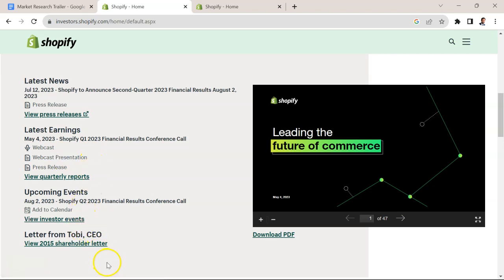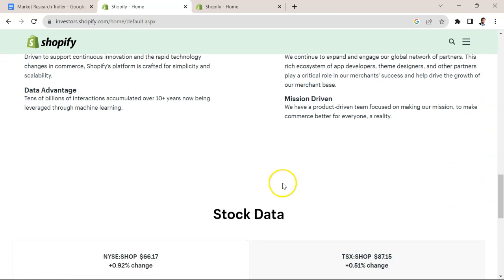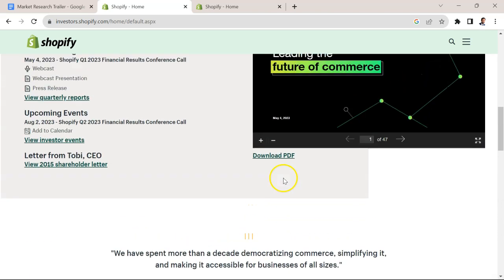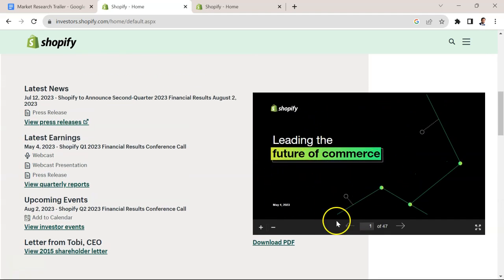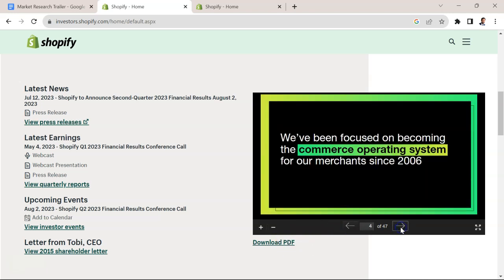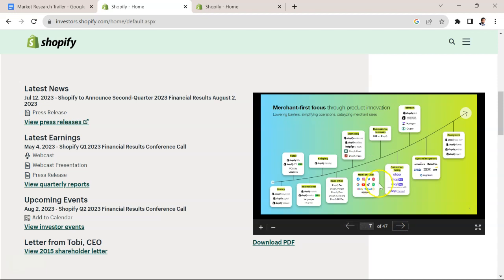There's a webcast. There's going to be financial reports for shareholders. There's the share price. But usually what's most interesting is presentations like these. You can download the PDF or you can just sift through here. So there's cool ideas you can get from this. One is you can kind of see what multi-channel approaches are working in e-commerce. So for example, using Facebook and Instagram, well, if you're doing all your advertising on Google, then maybe you need to consider doing social media channels, or you need to consider YouTube, or expanding to Walmart and eBay instead of just Amazon, perhaps doing Spotify podcast ads.